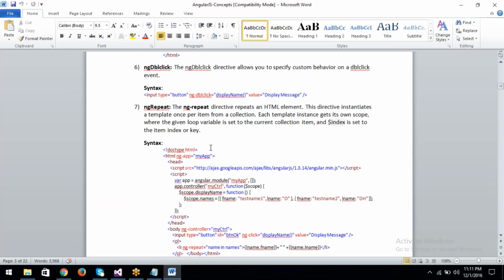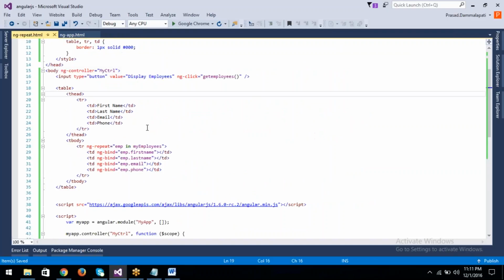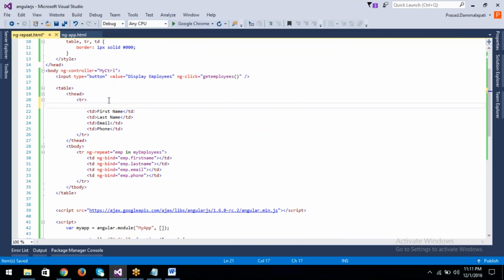So this is a very important directive to read the data from the controller. And one more thing is index. If you want to display index numbers, you can use this $index public variable, a public object to display the index, like serial numbers. If you want to display serial numbers,